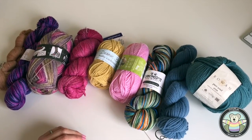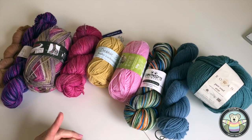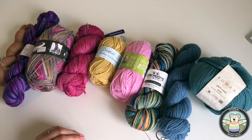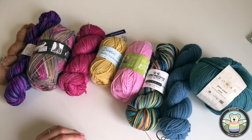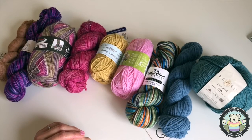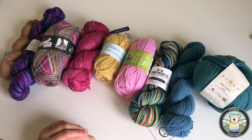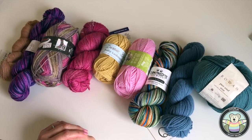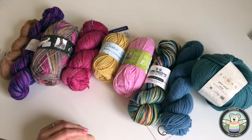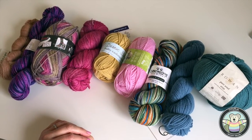Okay, so today what I thought we'd just quickly look at is the different yarn weights that you can get and the kind of projects that I would knit with each of the yarn weights. I was aware that we've got quite a few fairly new knitters in the group, and I thought this may be useful to you all because I have had a couple of questions about what 4-ply means, etc. So I thought I'd just gather a few of my yarns together and then I'll just quickly